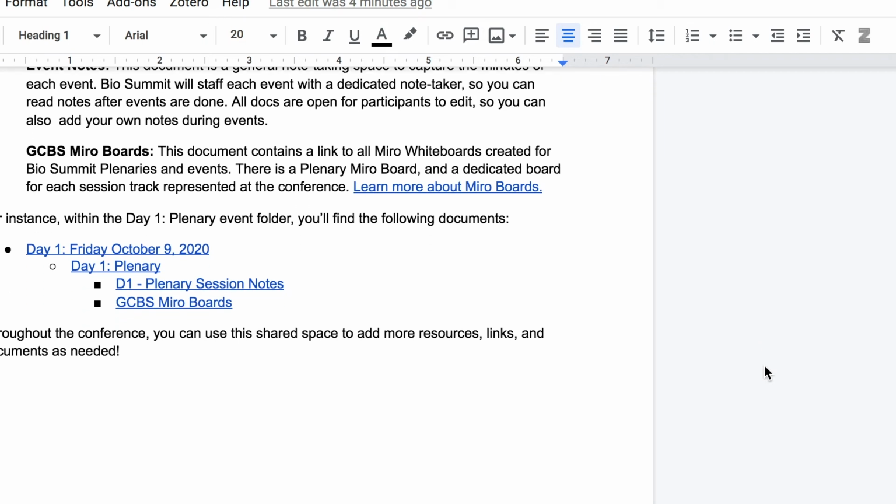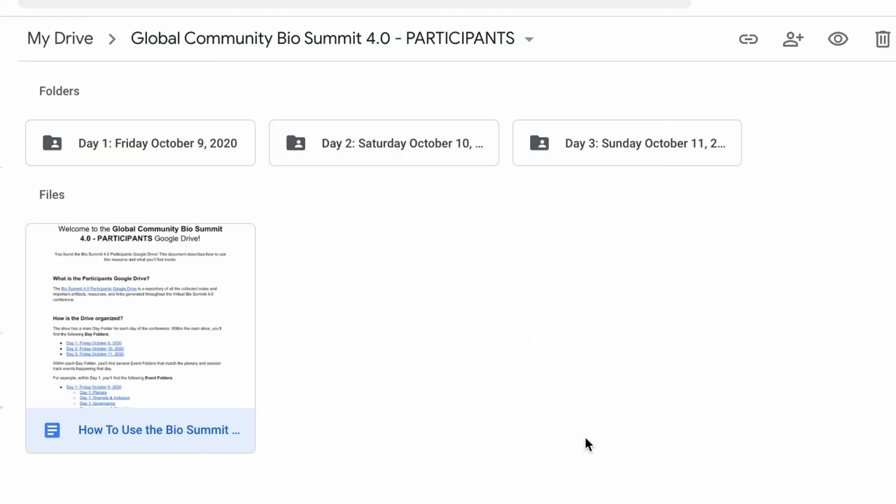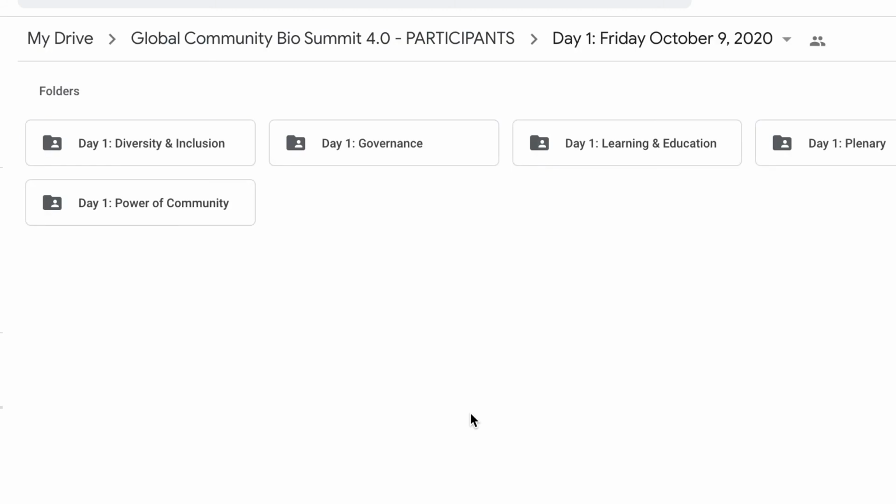So, after we leave this doc, I'm actually going to follow this structure. I'm going to open Day 1, look for the plenary folder, and then open the notes and the Miro boards so that you can see how the conference is structured. So now we're back in our Drive. It's Day 1. I want to open this folder, and you can already see it's pre-populated with every session track that's going to be occurring on Day 1, as well as a plenary. So if we go into the plenaries,